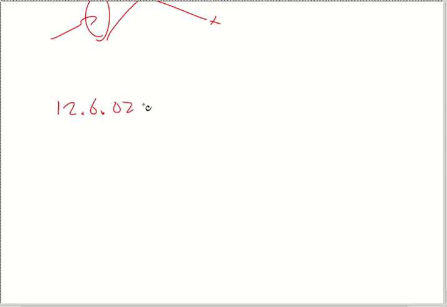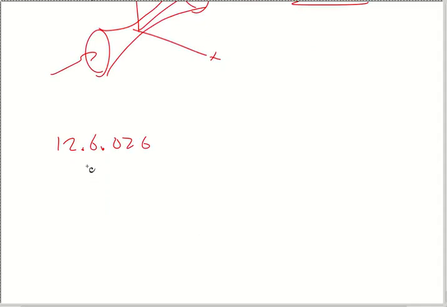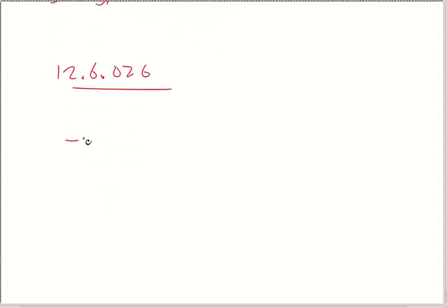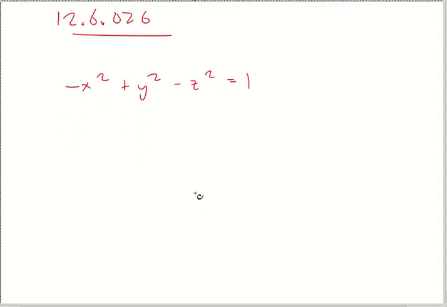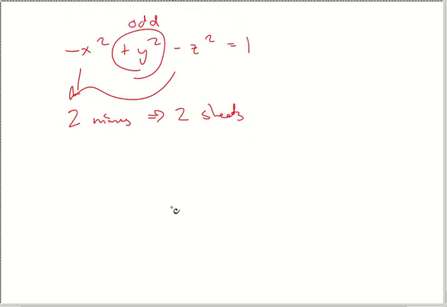12.6.0.26. Ooh. Of course, I got to name each one of these, not that it matters. I got a negative x squared plus y squared minus z squared is equal to 1. So I'm asking you, who's your odd man out? It's actually the plus sign guy. This is your odd man out. But notice that we have got two minus signs. Thus, you're going to have two sheets. Two sheets, two minus signs. Again, y is your odd man out, so he's going to be your axis for rotation and all that kind